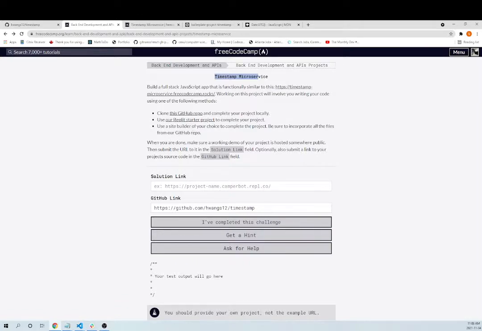When I'm done, make sure a working demo of your project is hosted somewhere public. Then submit the URL to it in the solution link field. Optionally, also submit a link to your project source code in the GitHub link field. Okay,